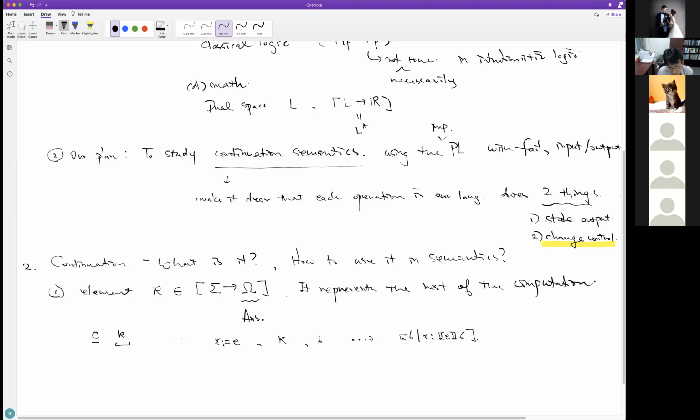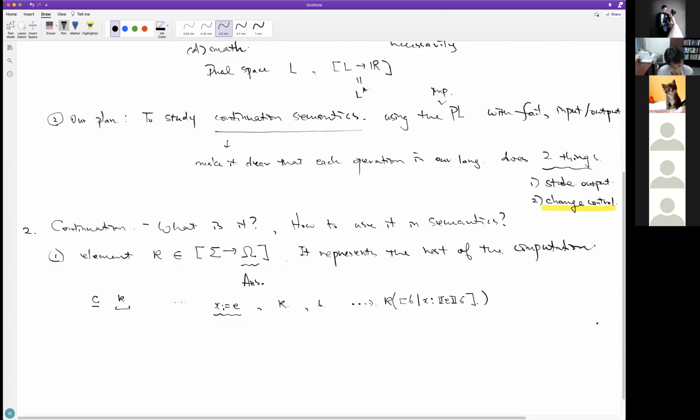But then afterwards, it will call continuation kappa, because kappa represents the rest of the computation, which should be run after this assignment C. So what the semantics has to do is provide this final state to the continuation. In other words, assignment doesn't do anything special to change the control. On the other hand, this is not a correct definition. What I'm going to tell you is not 100% correct, but it roughly gives you some idea about what kind of things we can do with continuation.